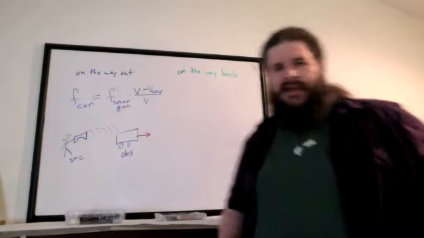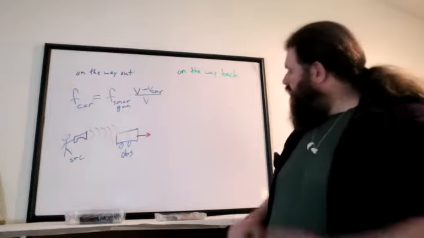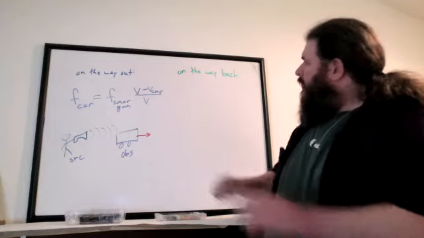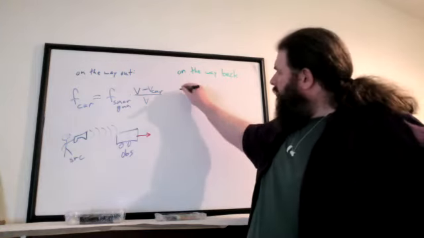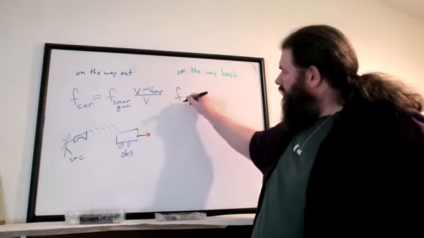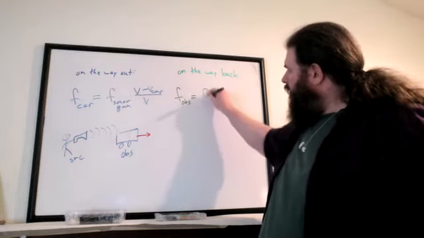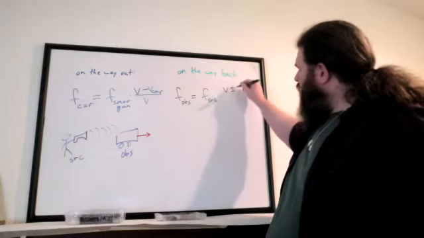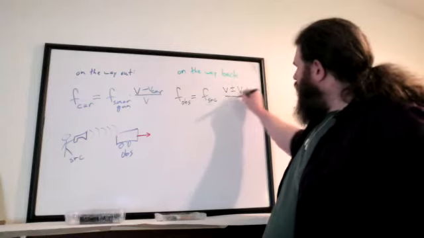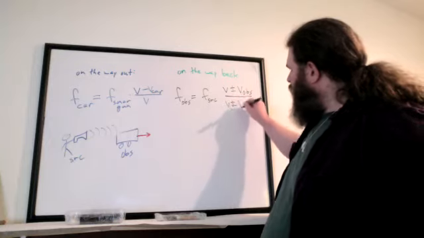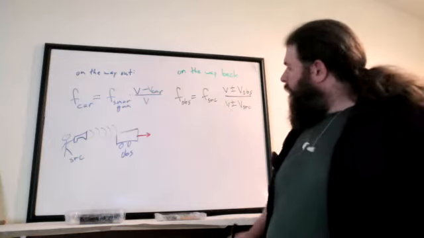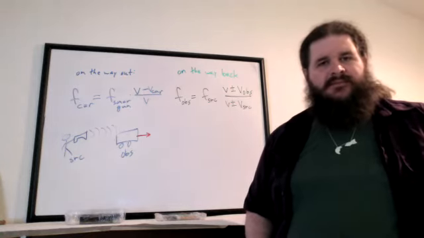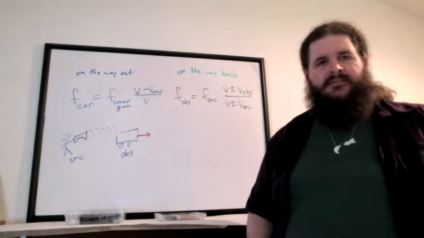On the way back, let me use a different color here so that it can be very visible. We write out the exact same Doppler equation: frequency of the observer equals frequency of the source times speed of sound plus or minus speed of the observer, divided by speed of sound plus or minus speed of the source. In this case, what are we treating as the source? The car?